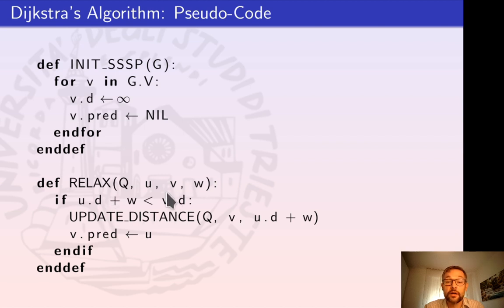If this is the case, then we can update the distance of v on the queue, okay, and the new candidate distance for v should be the distance of u from the source plus the edge w. And so this is meant to update the distance and update the data structure queue, which is a priority queue. Now once this is done, of course we also have to update the predecessor of v to u, meaning that we have discovered a shortest path, shortest with respect to the previous candidate, moving from the source to v, and the last edge is the edge moving from u to v. Okay,